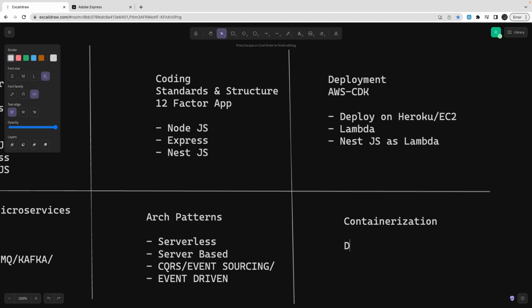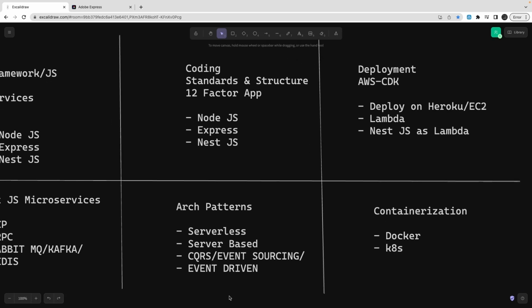Containerization using Docker. These days we just use Docker to spin up a container and deploy the application. There are some platforms which still use Docker, like Heroku. Heroku allows you to create a Docker container to run your Node.js application. And we will also use Kubernetes. I don't have any videos on Kubernetes, on how to work with it when you are building a simple Node.js application. So we will cover that,